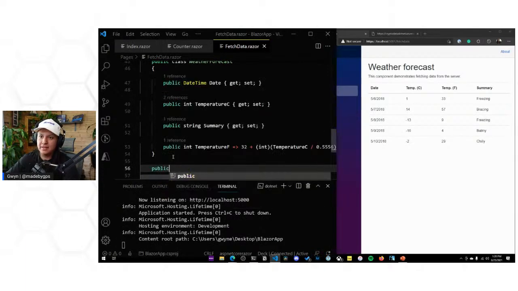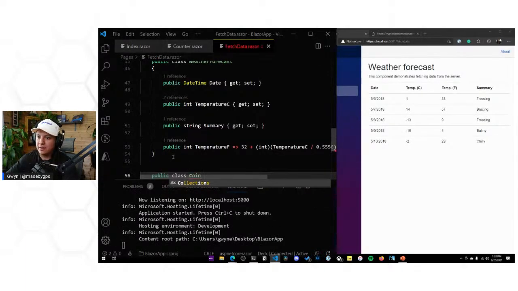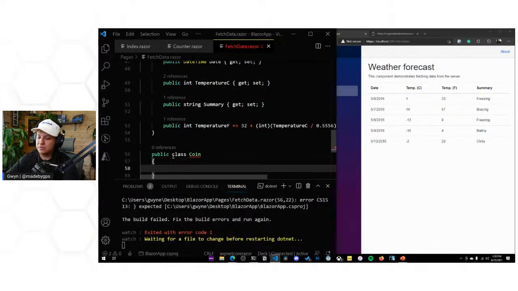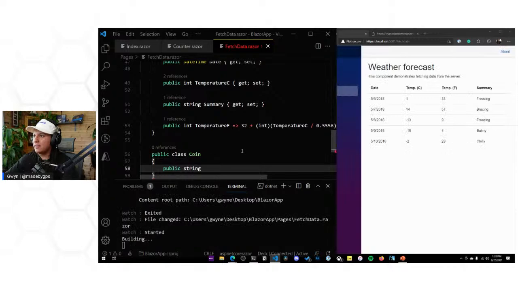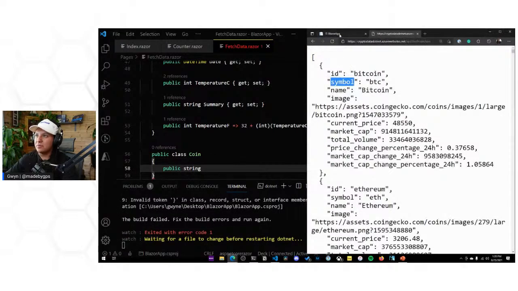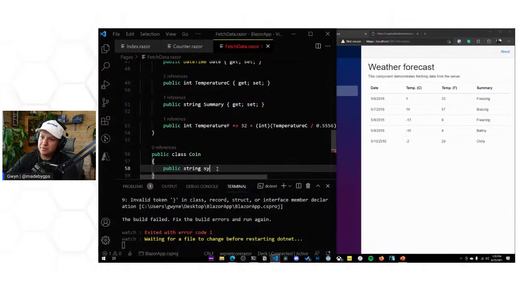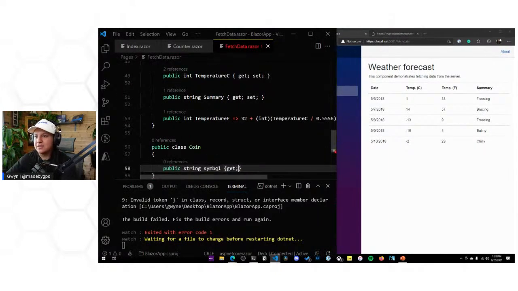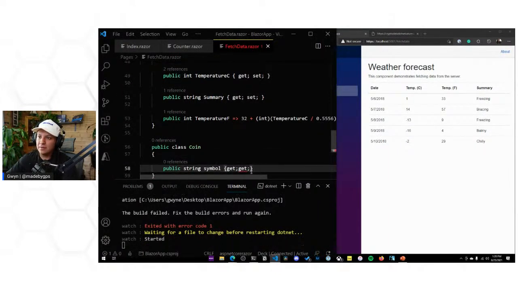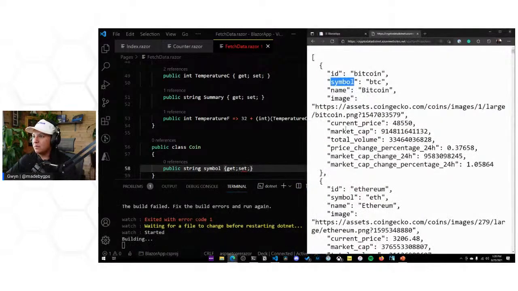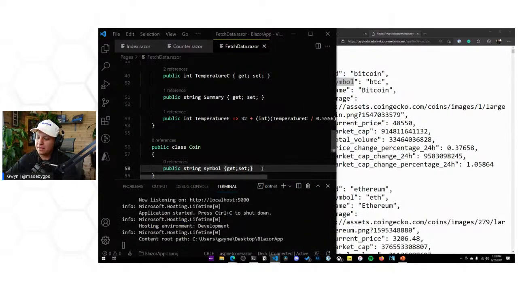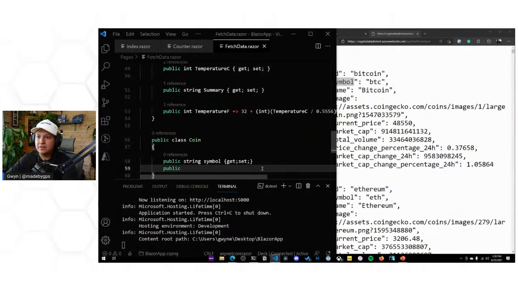And we'll do public class. We'll call it Coin. And we'll define a string. I think the name is, let me see, the symbol. It's called Symbol. And then we have our getters and setters. And then I'm going to do the same for the other one that we want to pull. Let's do current price. And that's public double,